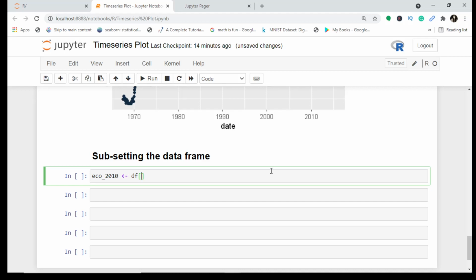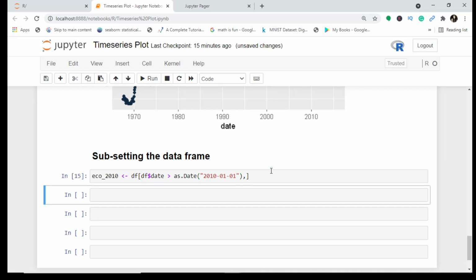What I'll do is, I am telling R to go to the column date, and if it is greater than as.Date, what is that? The date is 2010-01-01, that means January, and I just assign this.